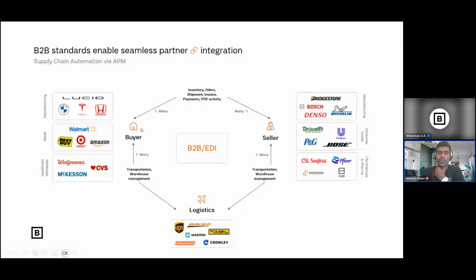So whenever someone asks what is B2B, B2B is nothing but a buyer who deals with the seller, or a seller who deals with a different logistic company or whoever, depending on which sector you are dealing with. For the retail sector, you are dealing with a seller, buyer, logistic company or some other company. So whenever business to business communication happens over the internet or over a TCP connection with the EDI format. EDI format is nothing but a standard format, which means the parties have to agree on some sort of standard. Okay, so if you are agreeing on some standard and doing some communication, then it is called business to business communication.